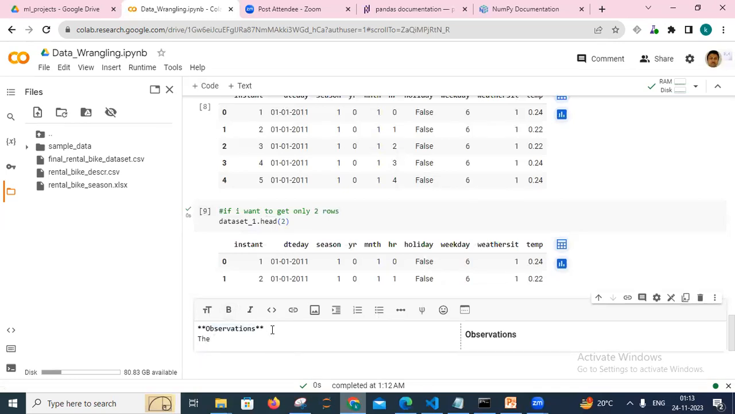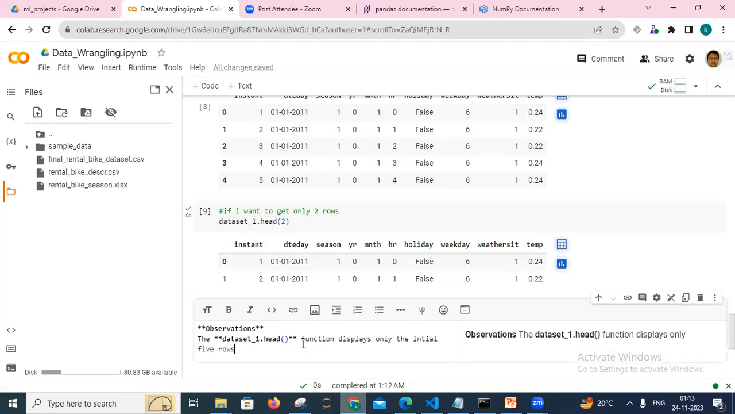The dataset_1.head() function displays only the initial 5 rows of the data set, and if I want to get only a specific number of rows,